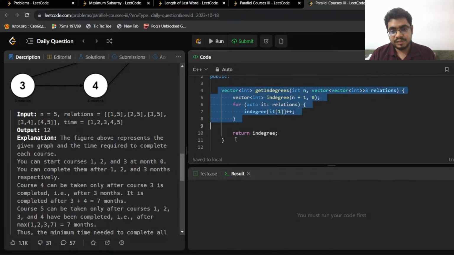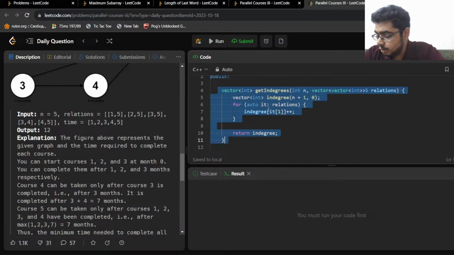Does this function make sense? How we are getting the in degrees? By going through the relations? Yes, no? सब लोग, let me know with a repeat or a yes if this makes sense. How we are getting in degrees? Okay, Anish says yes. बाकी लोग